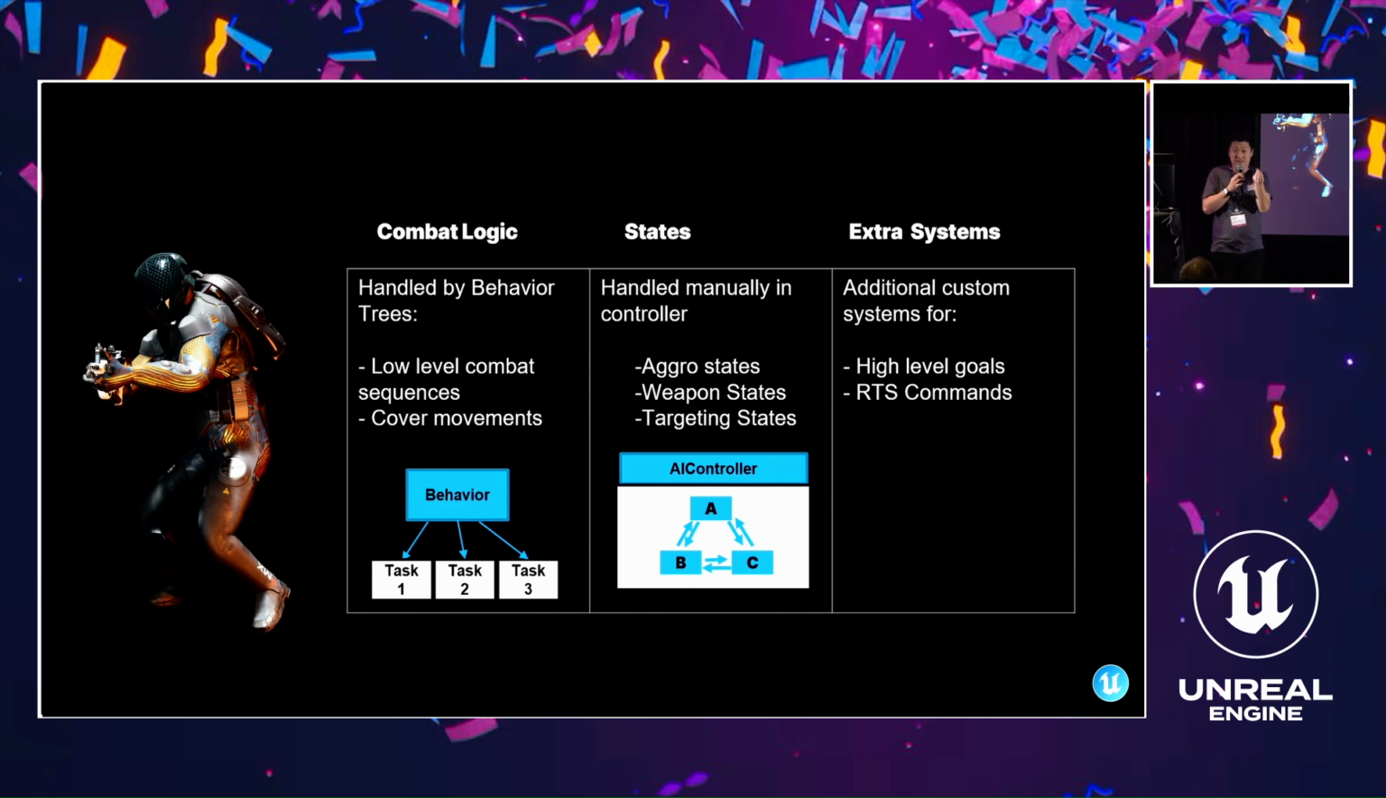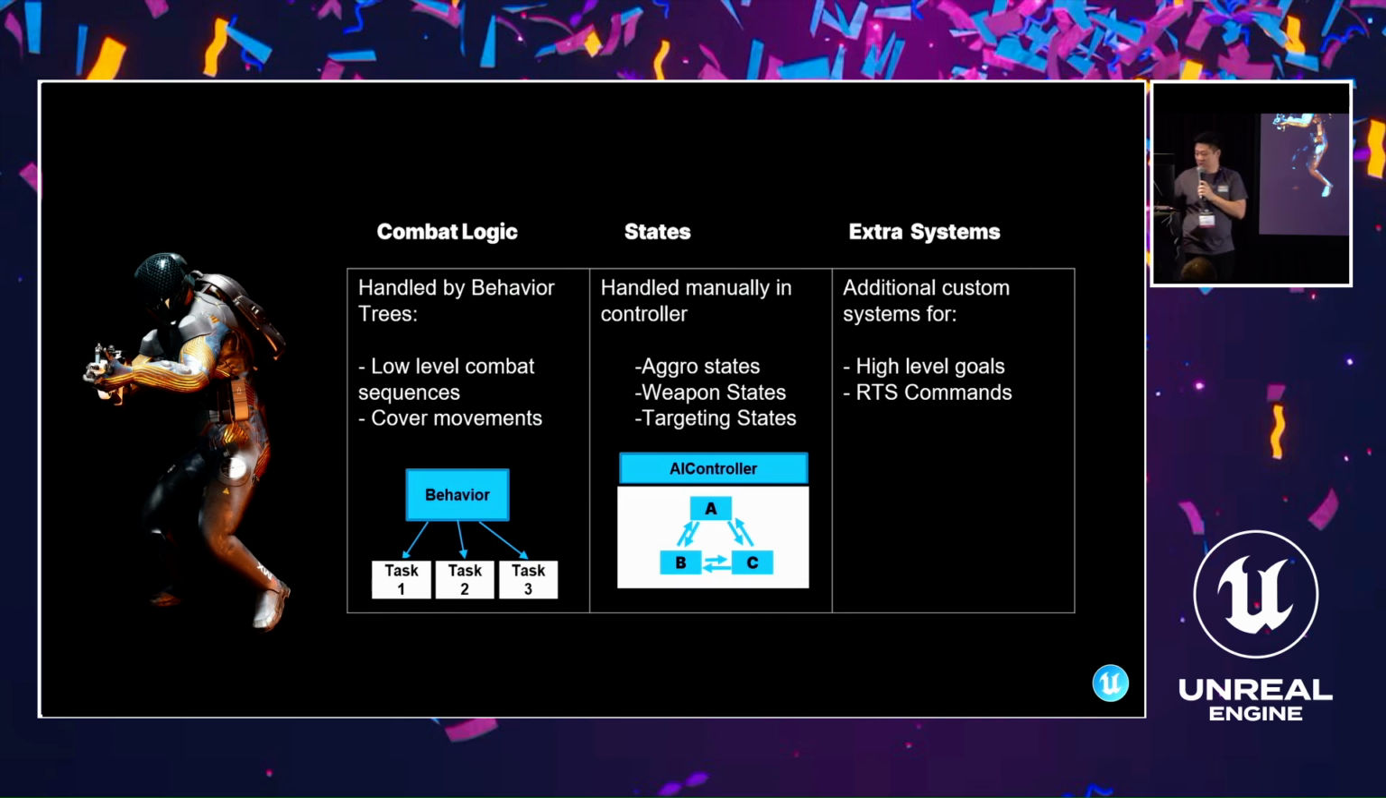So we ended up still having to do states. We do a lot of states in the controller. We manually squeeze our aggro states, the weapon states, and the targeting states, and they would then push different sets of data into the behavior tree and do really fancy stuff. It gets really messy. We also needed an extra system for high-level goals, RTS commands that say, oh, now you're in repair, I'm going to lock the behavior tree until the repair is done. So this is how we ended up doing it, and this is the part where we wished we had state